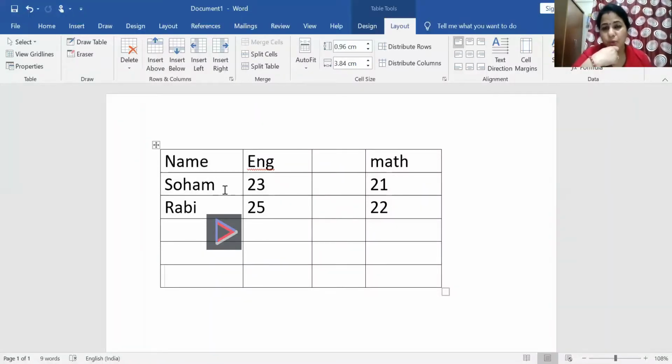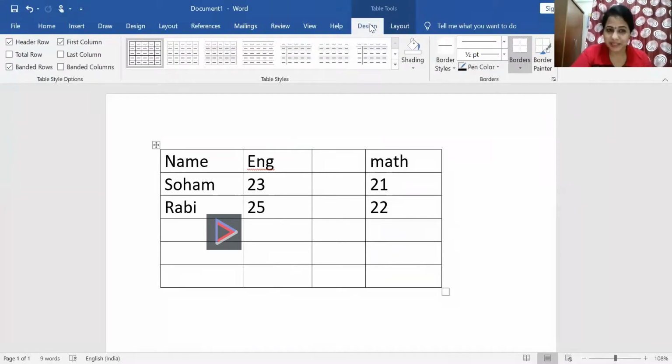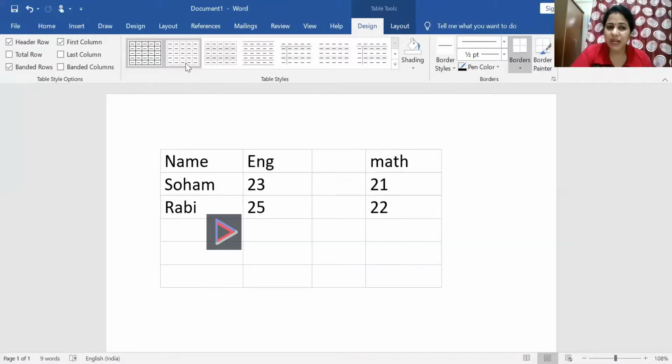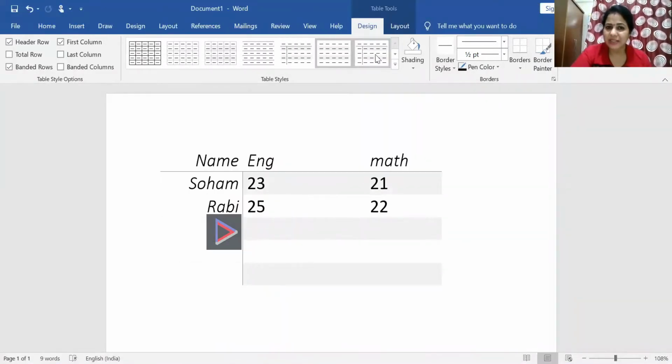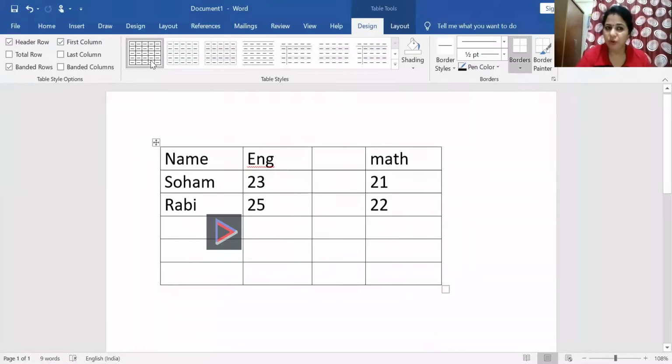Okay, now you go to the table tool, and under the table tool you can see design and layout. Layout is where we did the editing part. In the design you can do the formatting. If I select the design, first you see the table style. The selected table looks like this. I want to change it to a different type, so here in the table style you can choose any table style. It changes to that particular design. You just look here, that design has changed. Now this is the default one, whatever style it has.